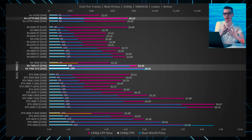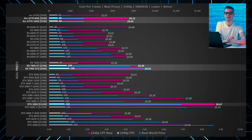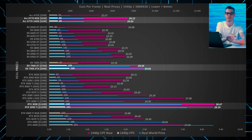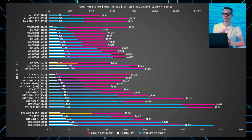The A770 8GB being the same price as the 16GB version puts it in last place for Intel, and Nvidia's 3090 is now worse value compared to the 3090 Ti after recent price drops, also making it the worst value 1440p card overall. But it's no coincidence that the lower end cards tend to typically provide better value, and this